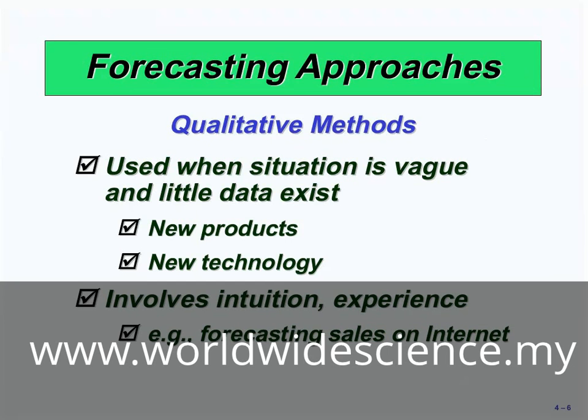In order to do forecasting, there are some tools that can help you. For example, qualitative methods are used when the situation is vague and little data exists, for example, a new product or new technology. Sometimes you want to forecast about a new product, but it hasn't come to market yet, so you don't have access to enough data. Because this is a new technology, it hasn't come to market yet, so